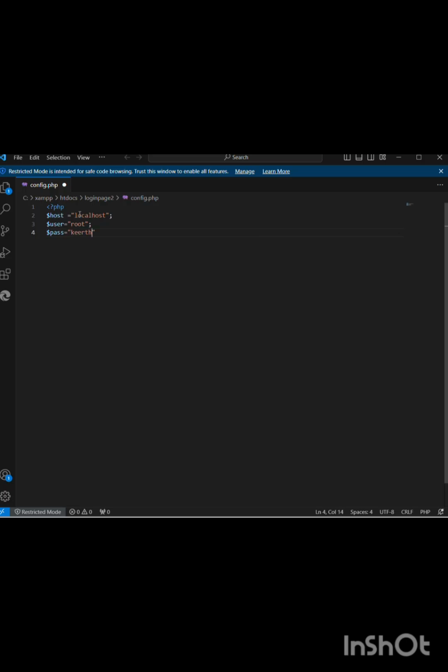This is my SQL root password, and we also have to mention our database name. You can write users. Now we have to connect to the database using MySQL. For that,